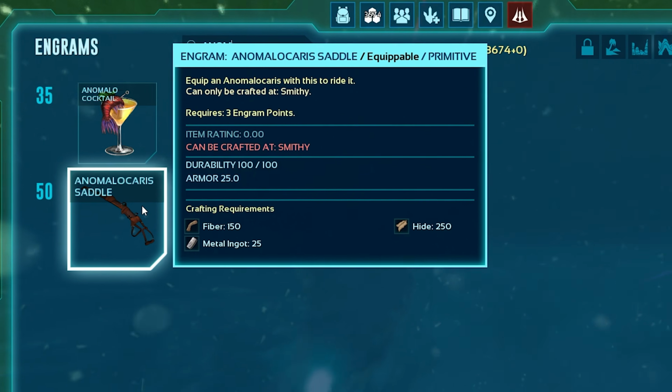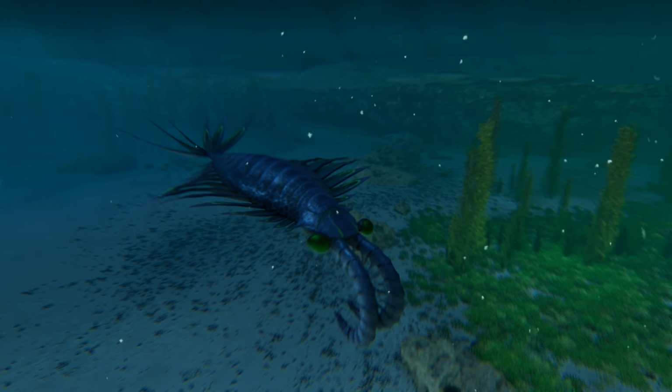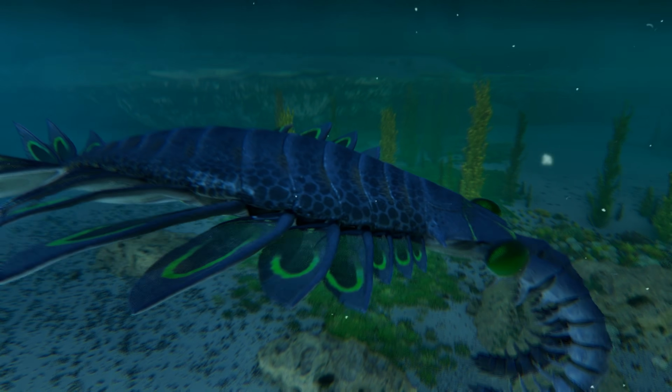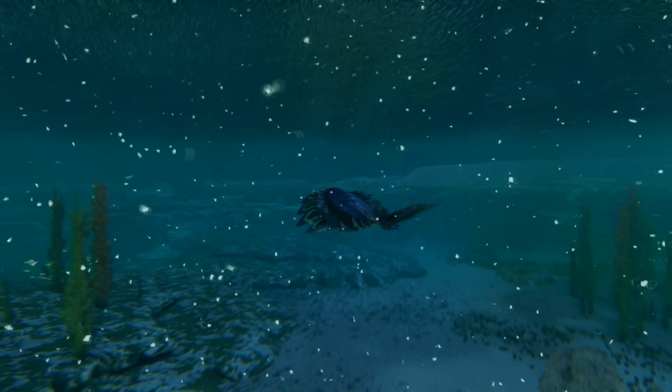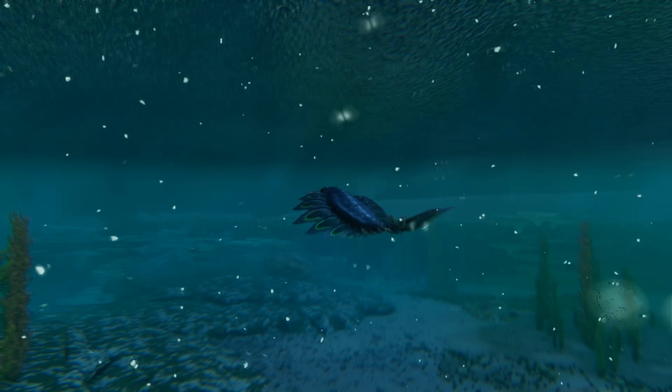The Anomalocaris saddle can be unlocked at level 50 and costs 150 fiber, 250 hide, and 25 ingots. This is without question the most complex tame on this entire list, but also one of the most insane and rewarding creatures in ARK editions. Honestly, I highly recommend getting one, but absolutely study this taming method first before attempting it, because this dino does